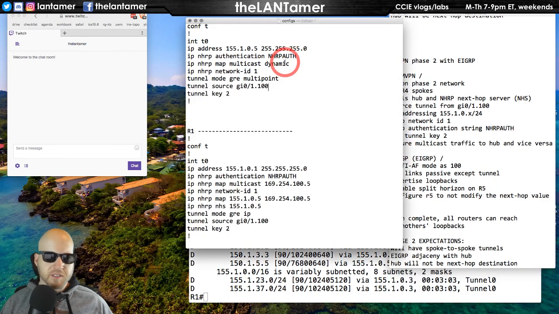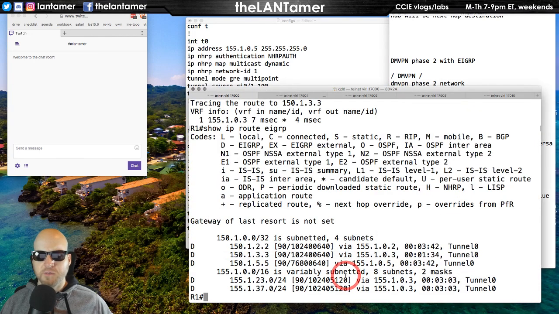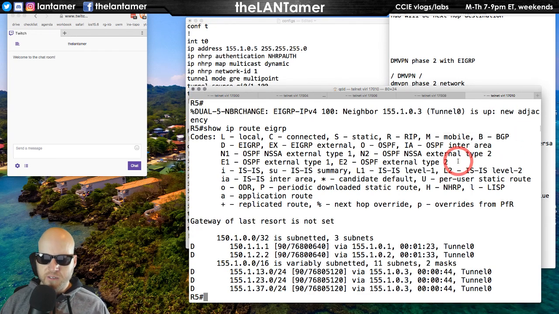And I've not looked this up. This is just from reading. So we're just going to try it without any, I don't think I need any configuration parameters here. We're going to see. So we're going to try this. We're going to go to router 5. We still need all the other configuration we have in place for phase 2